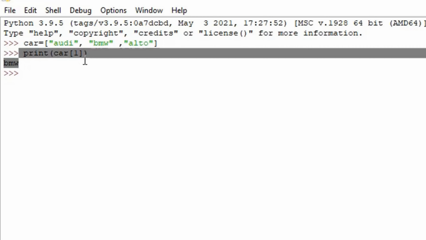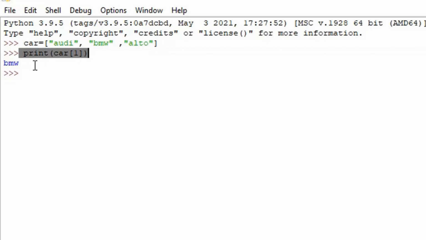So let's see the output once again. I have just copied this line and here I have pressed enter. So I am going to get an error because I have given an extra indented space. As I have cleared that indented space, now I will write here 2. Now when we see the output here, we will see that we got Alto. So these two outputs clearly reflect what ordered basically means.